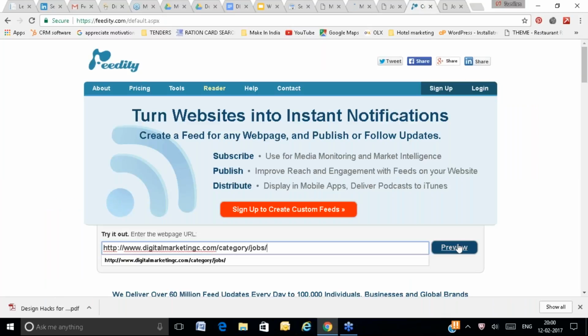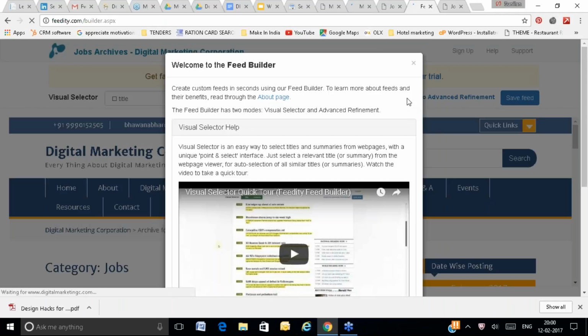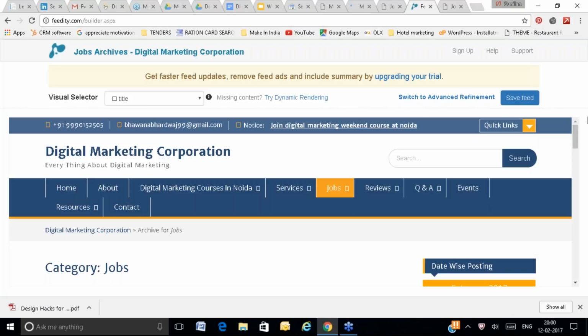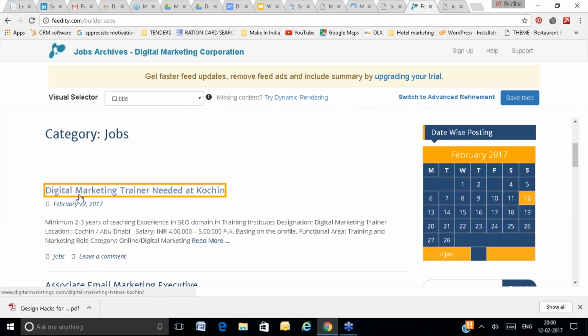So here you will see in your feed URL, automatically whatever latest pages you have uploaded will appear in the feed section. See, this is the post we have done, and this is appearing in your feed URL. So this is called feed URL.